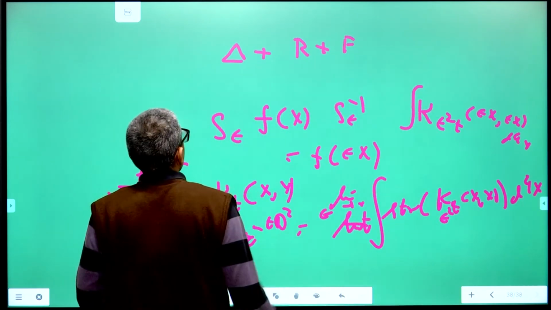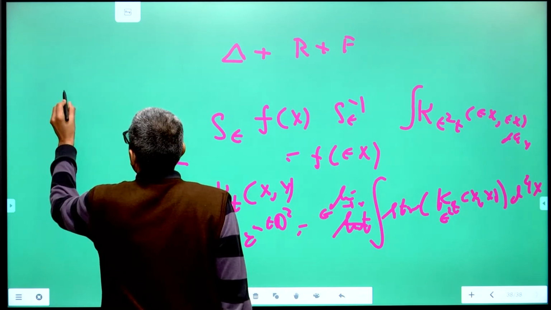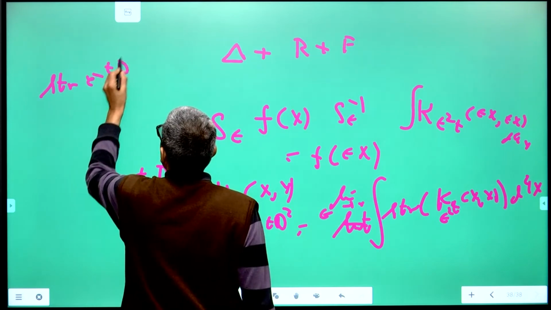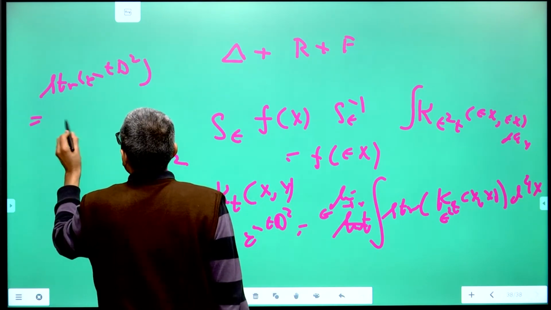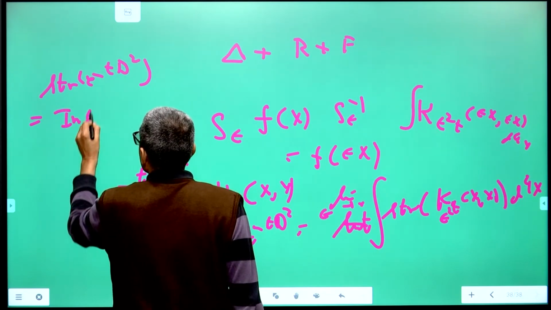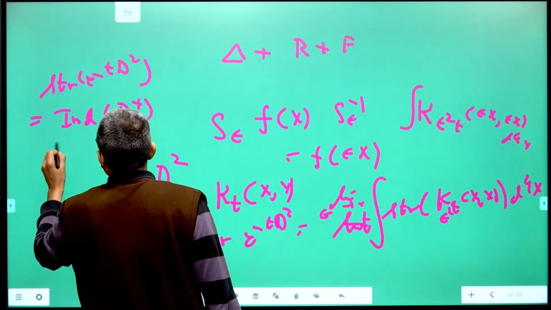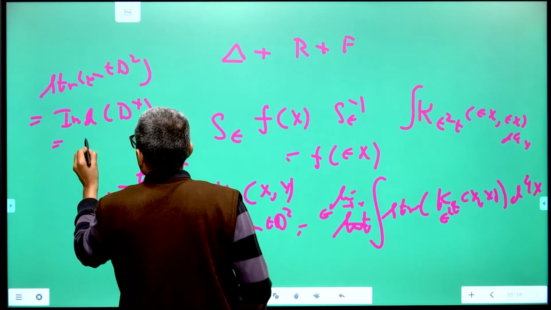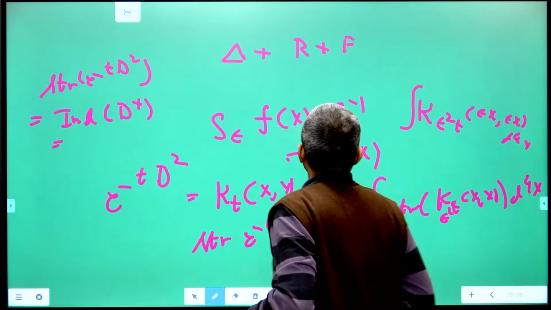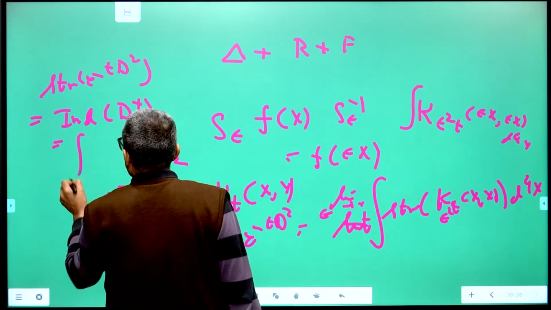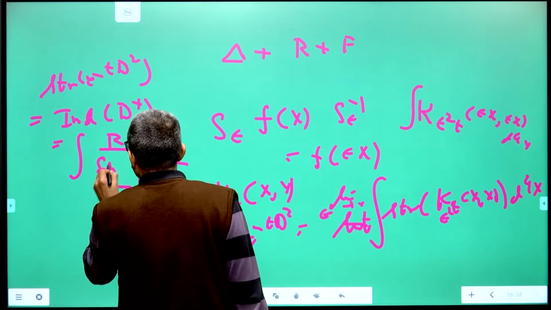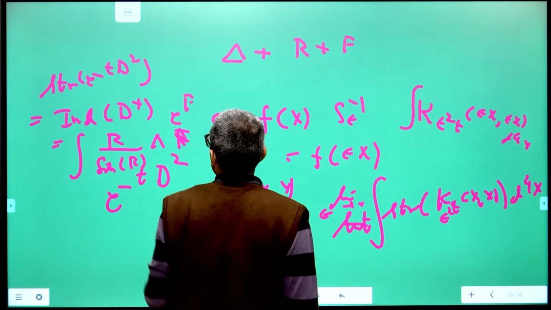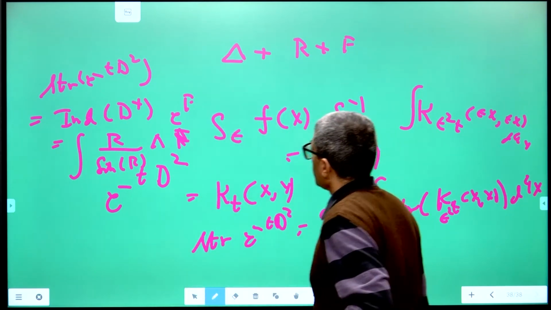So finally, in taking this limit, what you will get is that the index of the Dirac operator, namely the super trace of e power minus t D square, can be expressed as the index of D plus, as we saw. After you apply the Getzler scale, it will be given by a form of the type r divided by sin h r wedge product f, wedge product e power f. So it will be expressed in terms of Chern classes, and this will be an integral over